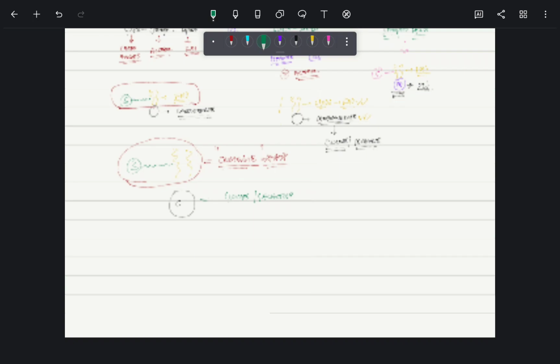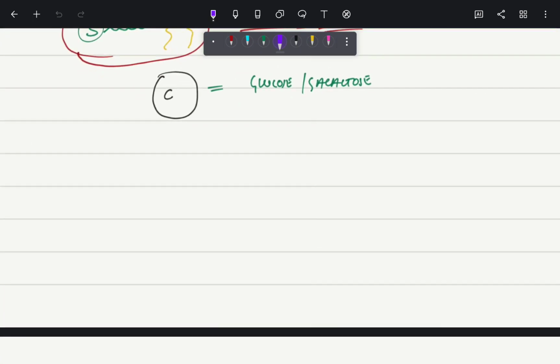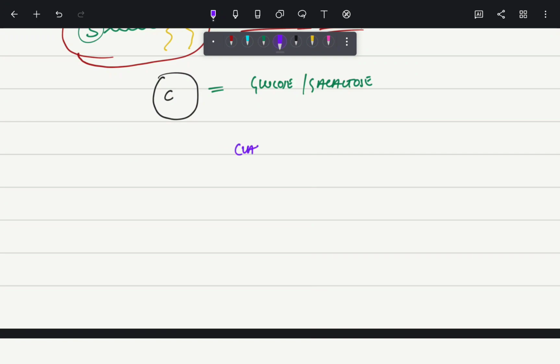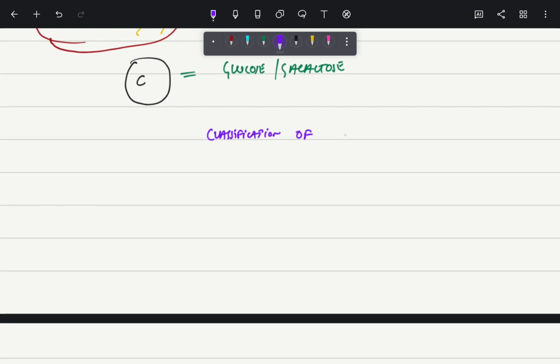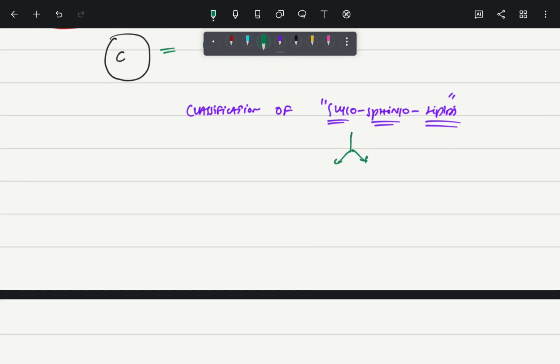So based on this, there is a classification of glycosphingolipids. So how are these things classified? Usually the glycosphingolipids are classified into mainly two types. One is your